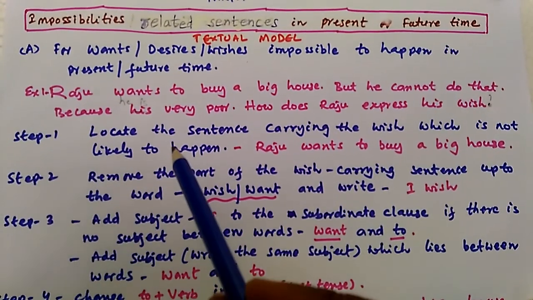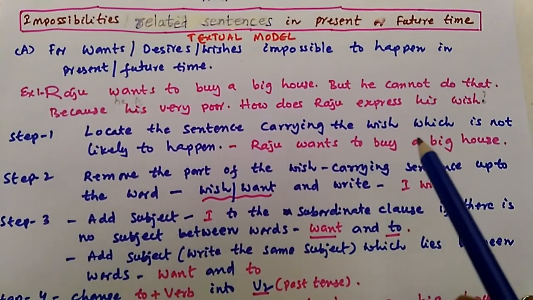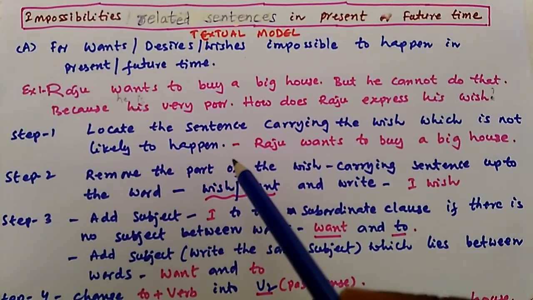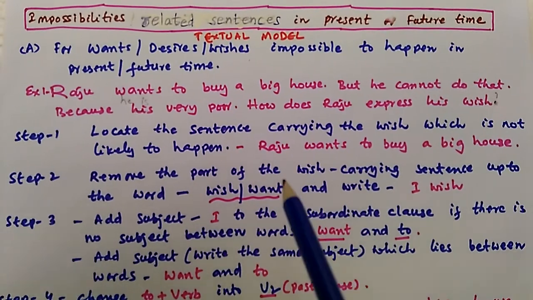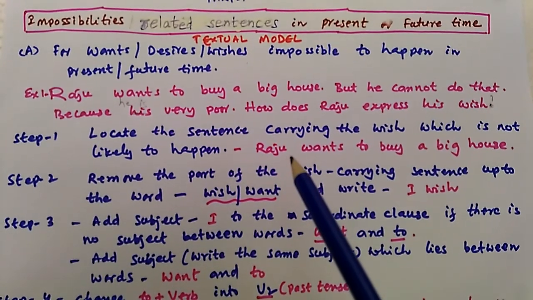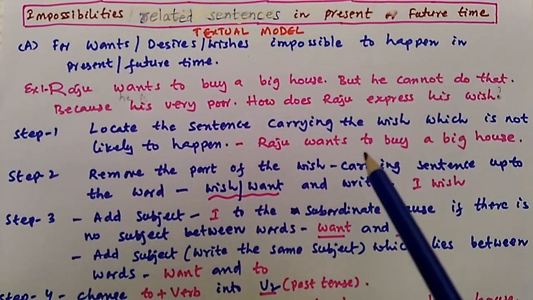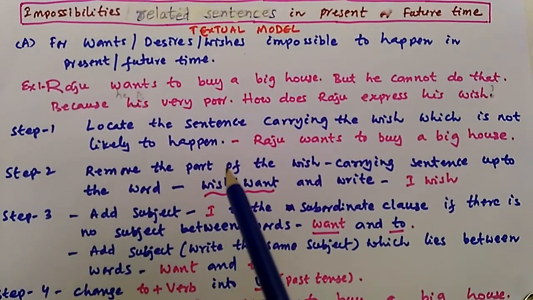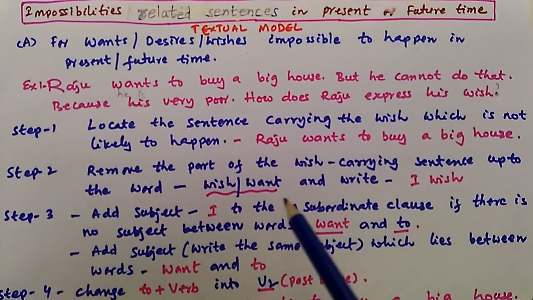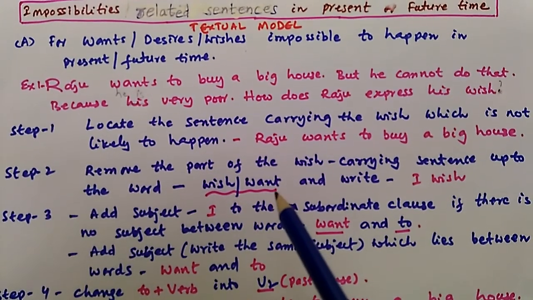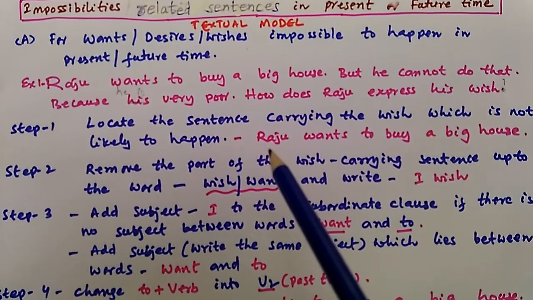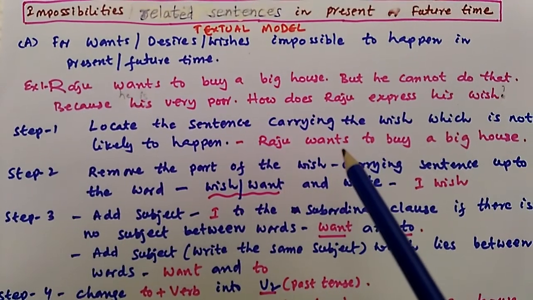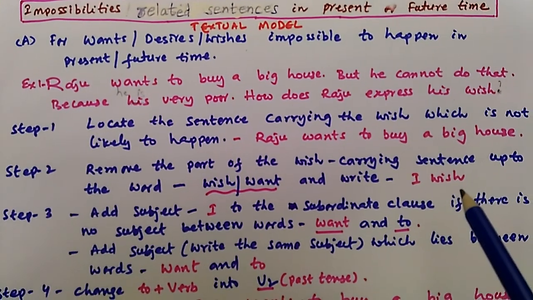Step 1. First, we have to locate the sentence carrying the wish which is not likely to happen. So in this paragraph, the sentence carrying the impossible wish is Raju wants to buy a big house. And step 2, we have to remove the part of the wish carrying sentence up to the word wish or want. So as a second step we have to remove from Raju to wants